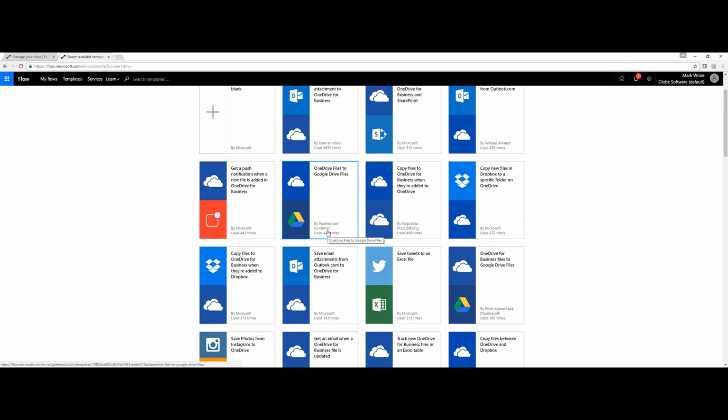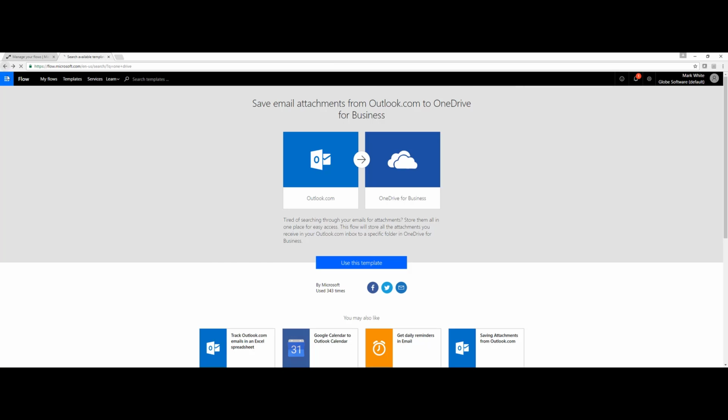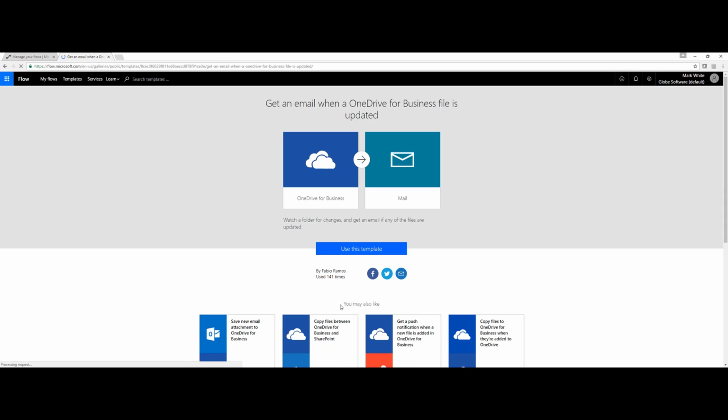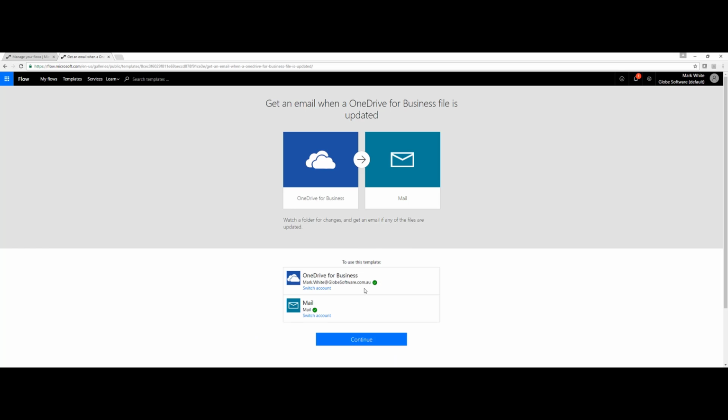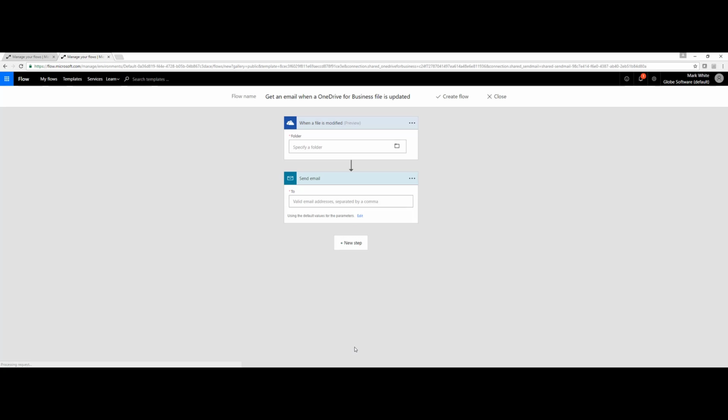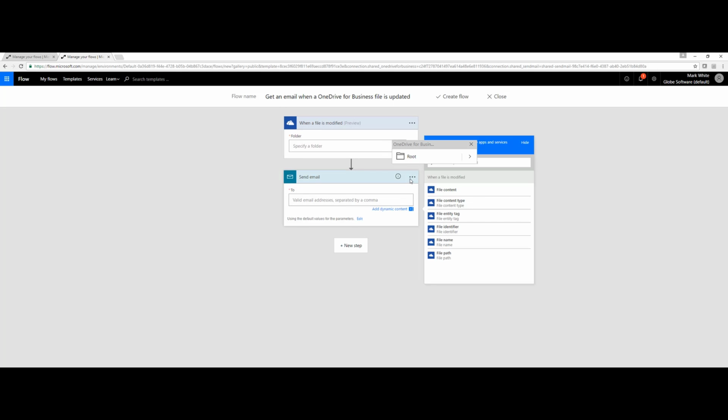Okay. So what we'll do is bring up this OneDrive template here, and we can hit use this template and begin building. Now we do have to authenticate our OneDrive for Business account and our email account before we can continue, and then we can specify the folder that the reports exist in within our OneDrive for Business. We can go through here in the email and get specific as well. We can manually type in email addresses. We can also use this add dynamic content button to add in things like the file name or the file path. So for example, let me bring up my flow here,